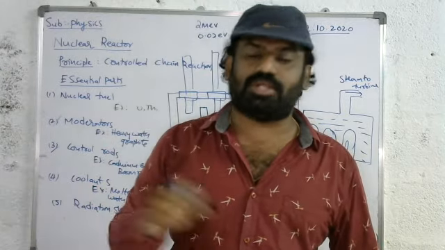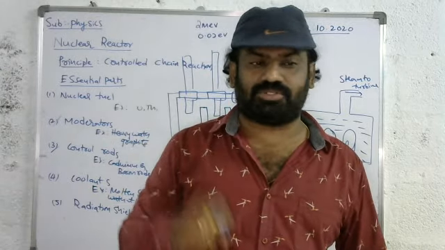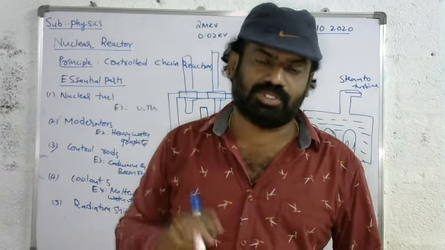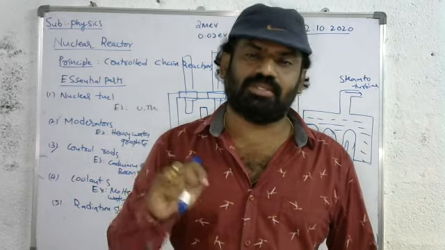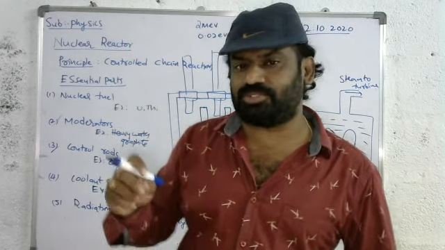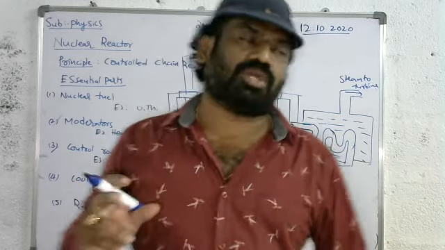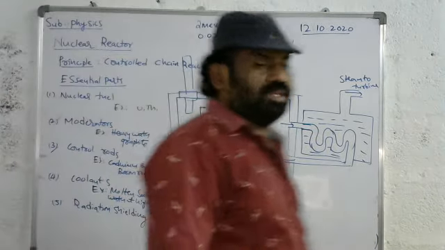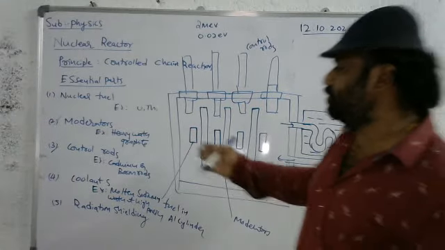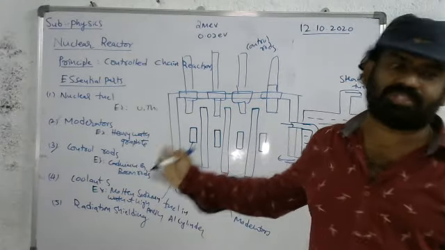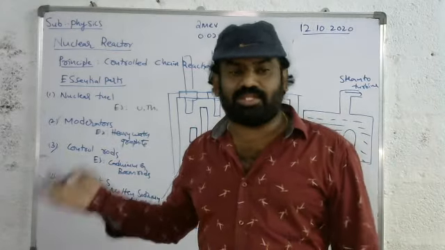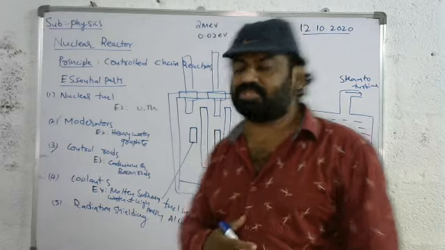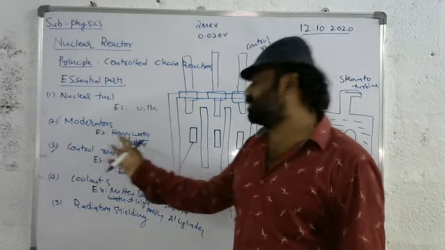We have to control the speed of the neutrons and the number of neutrons. We have two tasks here: to control the speed of the neutrons, and to reduce the number of neutrons. To control the speed of the neutrons, we use moderators. Moderators are the substances which are used to slow down the fast moving neutrons. A fast moving neutron can possess energy of 2 million electron volts. When it is slowed down, its energy becomes 0.02 electron volts, almost dead. The examples for the moderators are heavy water and graphite.